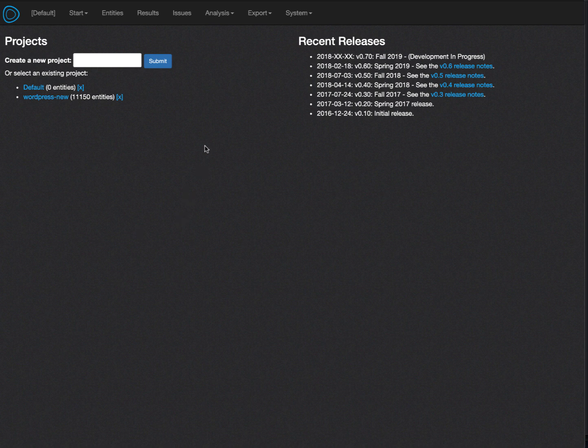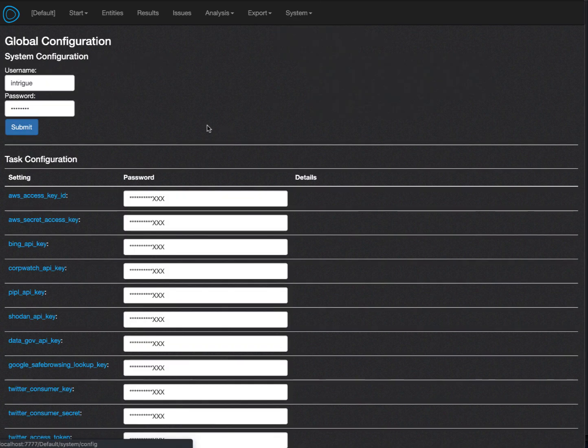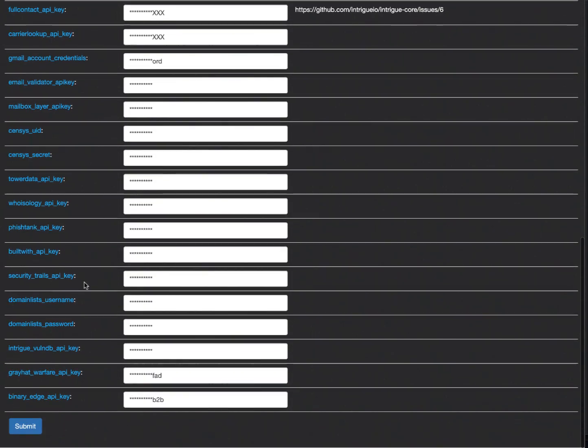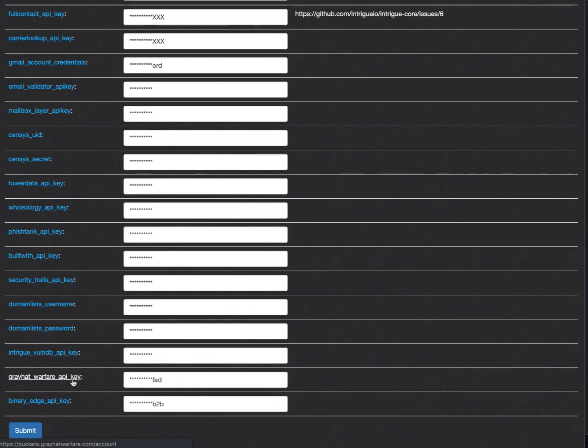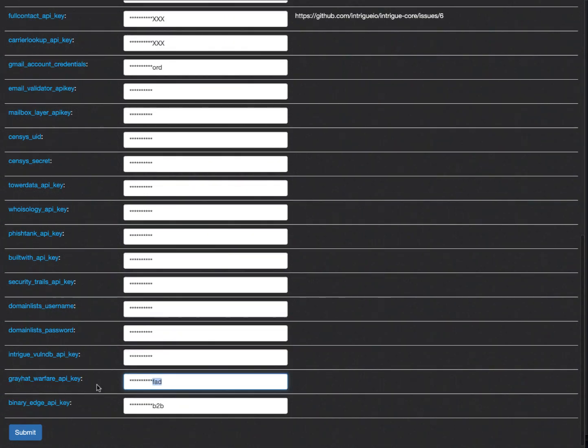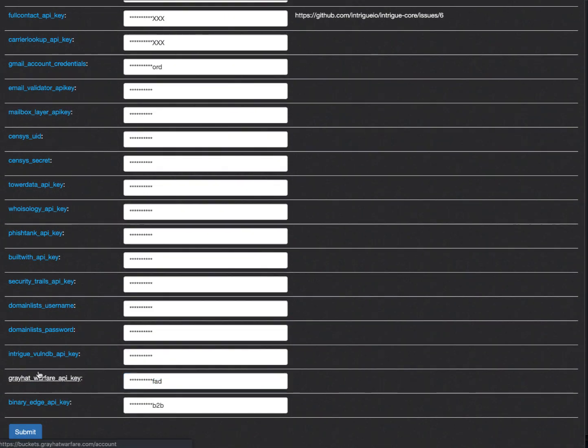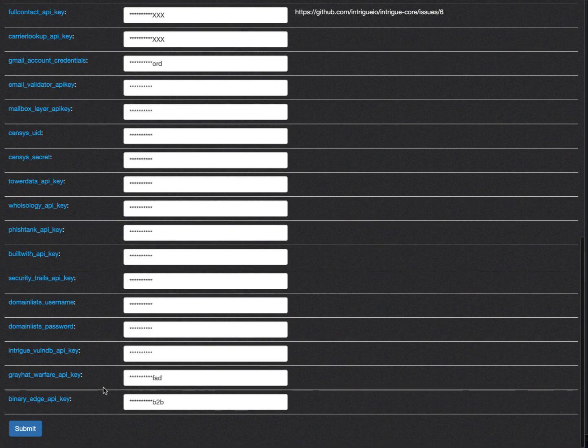All right, here's a quick little demo of the Grayhat Warfare integration, which was just launched on the develop branch. Go ahead and hit System Configure to make sure you've got a key. It sits down here, Grayhat Warfare API key. Notice I've already plugged an API key in. You can tell because I've got those last three there. And if you click this, it'll take you right to the right place to sign up in case you don't